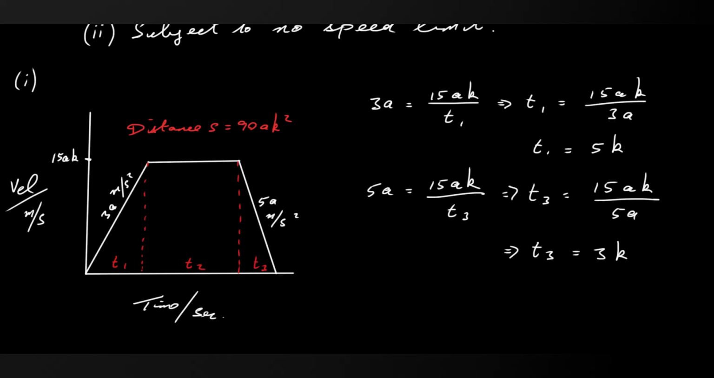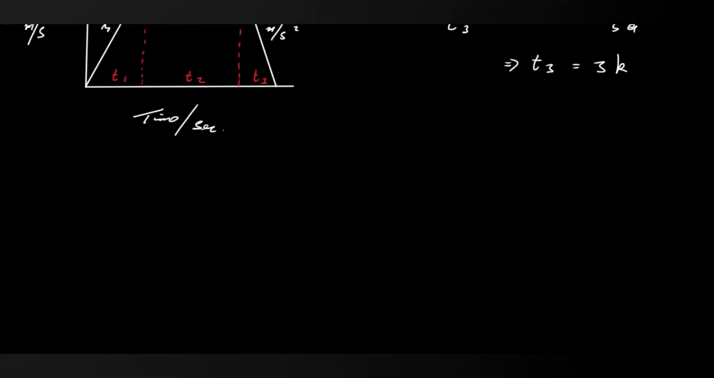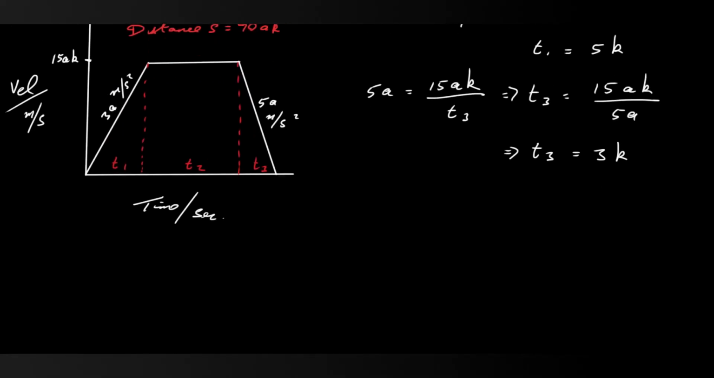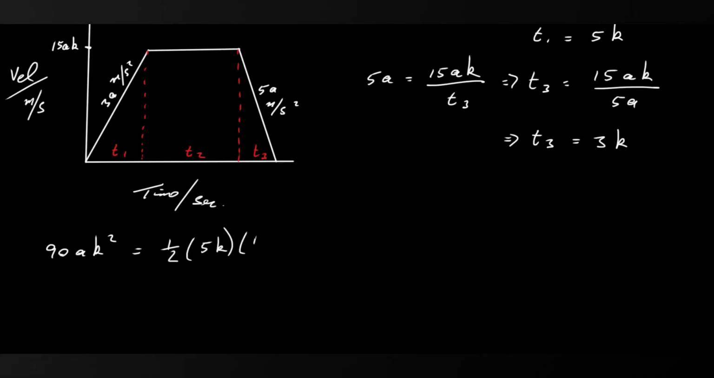So we have t1 and t3 now, so let's look at t2. We've got to find t2. So we know our total distance is 90 ak squared. So we have 90 ak squared is equal to, again, let's look at our distances. So I'm going to look at this distance here, which is half the base times the height. So it's half of t1, but t1 is 5k. So I'm going to put 5k in here times the height, which is 15 ak,